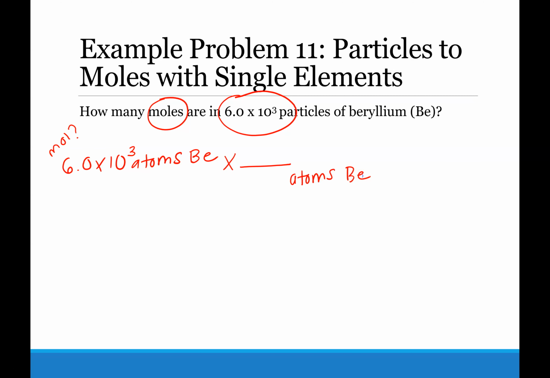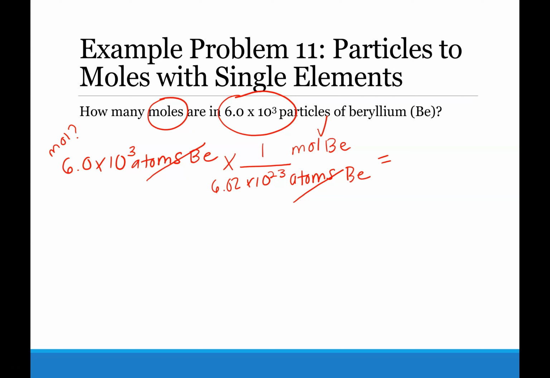bring atoms of Be to the bottom, and moles of beryllium go to the top. In 1 mole, there are always 6.02 times 10 to the 23rd atoms. So atoms cancel and we're left in moles. In your calculator, you'll type 6.0 times 10 to the third divided by 6.02 times 10 to the 23rd,